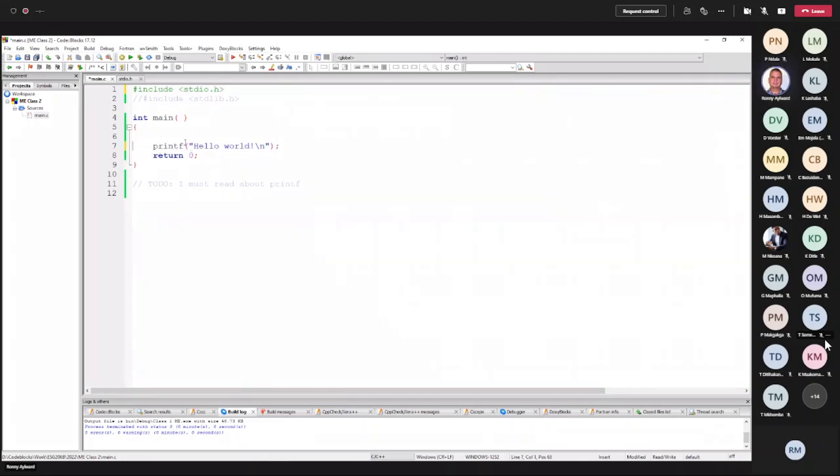This function here, printf, actually needs the standard IO to be included so that we have a description for it when I call this function, because this function is not part of C. It is a small program, just like we have the main program here. This is a small program which does something. In particular, it draws a window on the screen and it outputs text to that window for us. So there's a whole lot of things inside that little printf program.